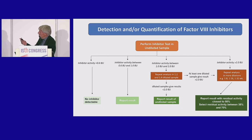If the diluted samples also give results of less than 2 Bethesda units, you can report the result of the undiluted sample. When the dilutions give results that are more than 2 Bethesda units, you have to repeat the analysis with more dilutions. And also when you find in your undiluted sample an inhibitor activity of more than 2 Bethesda units, you have to, of course,